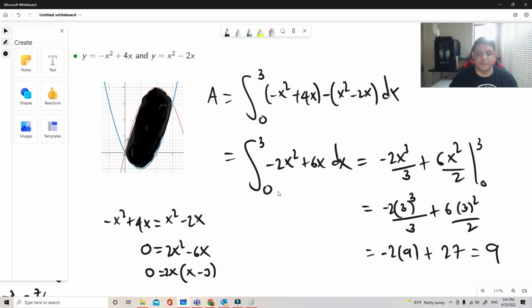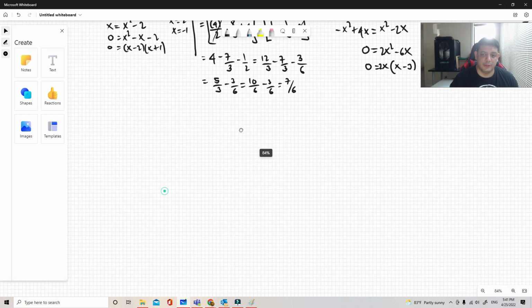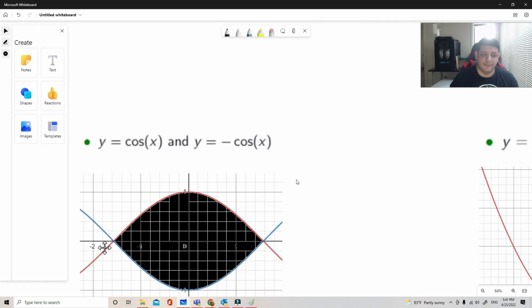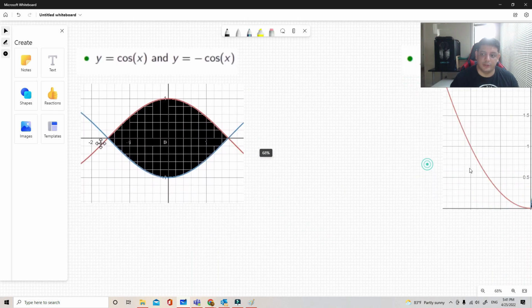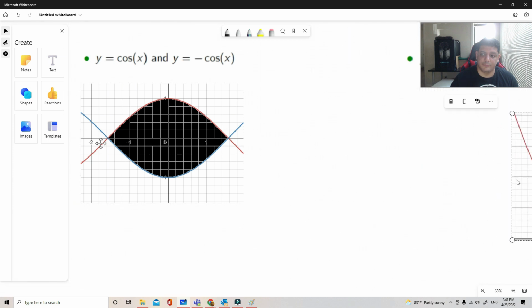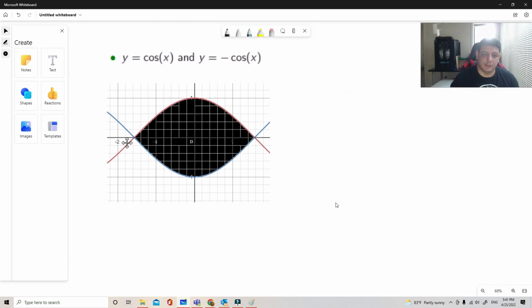Now moving on to another area, we can have y equals cosine x and y equals minus cosine x. And let's see the area between those two curves. Now, the first thing that we can do is we can just only talk about one of the intersections. So this area in black is going to be cut for